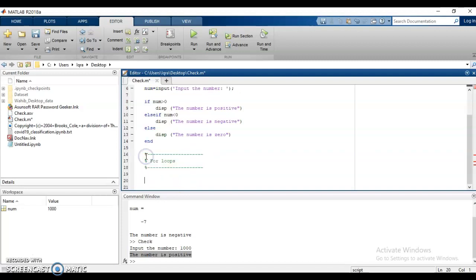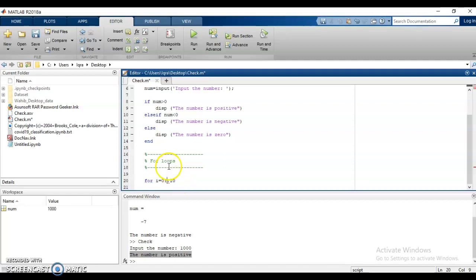So the way MATLAB takes the for loop, it takes an index variable I that starts from 0 and ends at 10. By default the increment is always 1, so if you want, you can place your own increment.